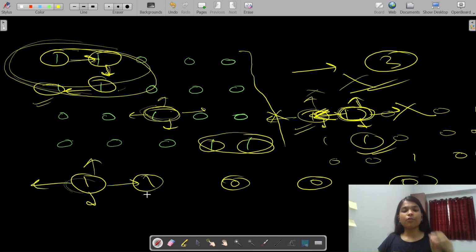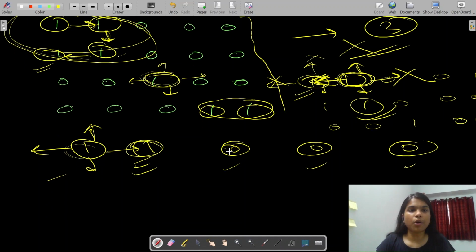From every node, we can traverse in all four directions, right? So treat all the indexes of the grid as nodes and start traversing from that node in all four directions, and keep on traversing till you get a one.